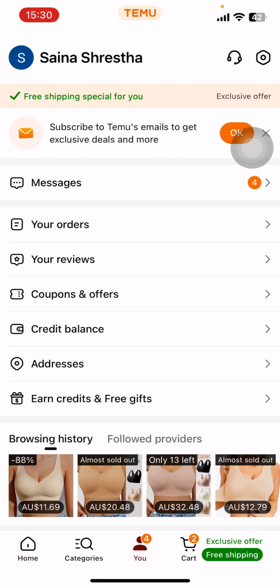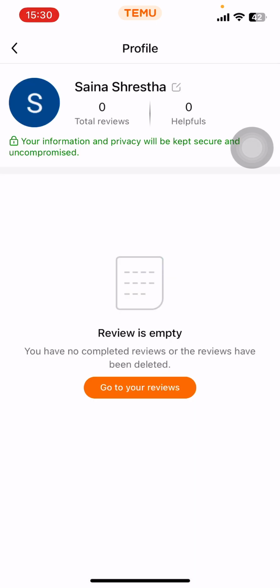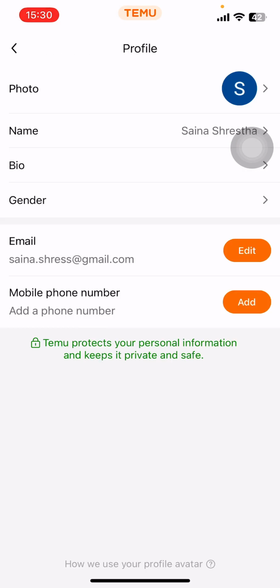Now you have to tap on You, then on the top left corner you have to tap on your name. Once you tap on your username, you can see there's a small edit icon right beside your name. Tap on that. Once you tap on that, you can see there are options like photo, name, bio, gender, email